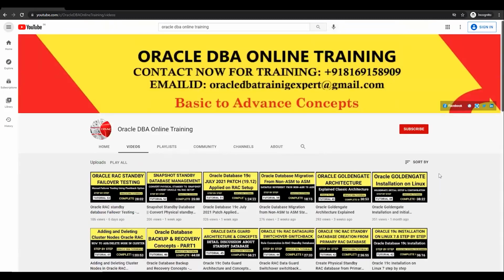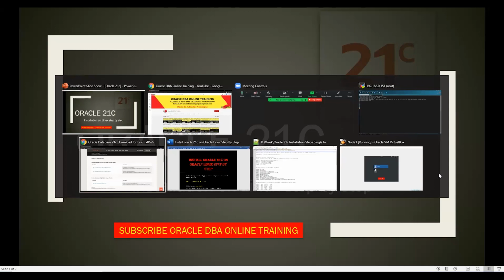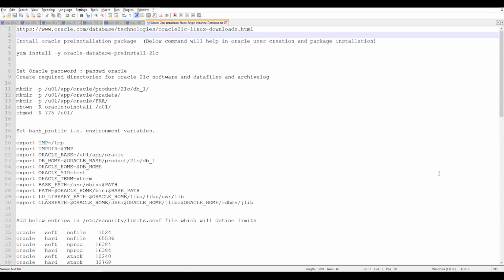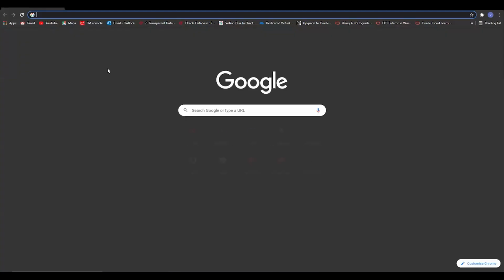Okay, so let us start today's journey. That is the latest 21c that was released a few days back. I'll guide you on how you can download this software from the Oracle website. For this you need to visit the following website, where you can directly get all this software. I'll paste this link in my browser, and you can see how to download the new 21c software.